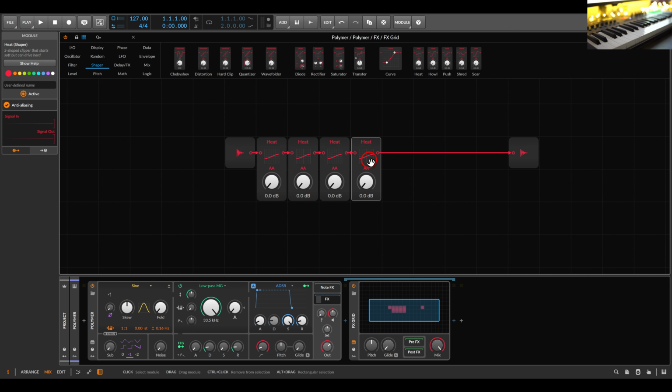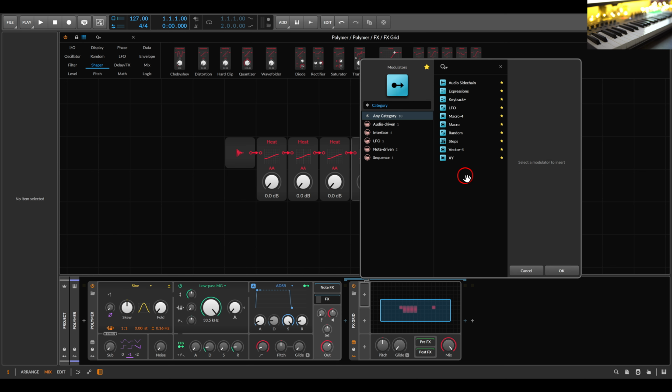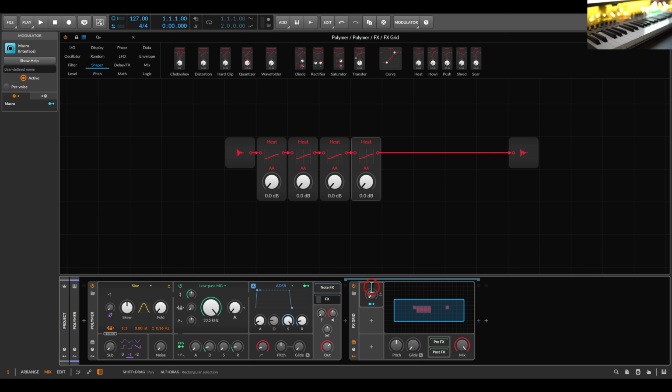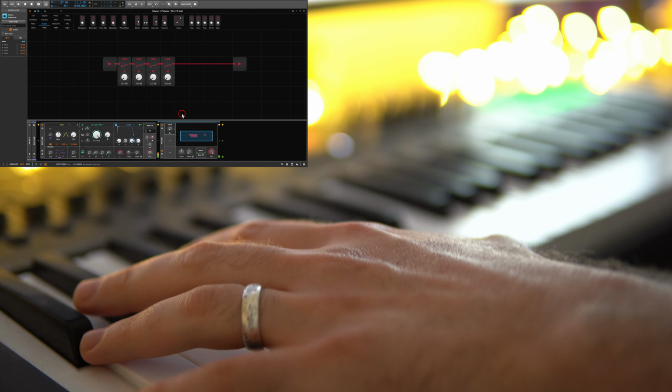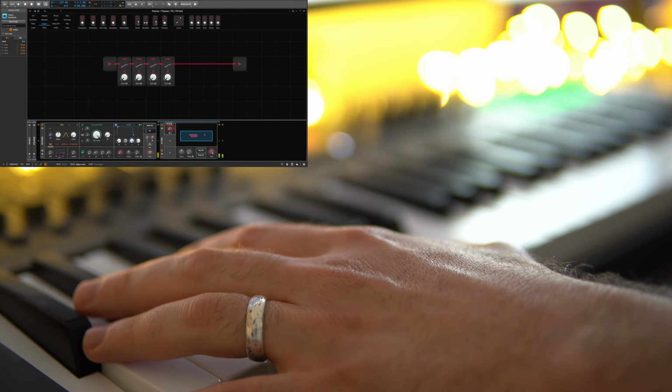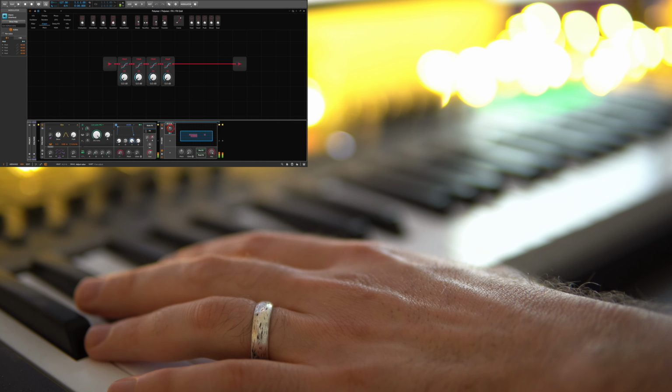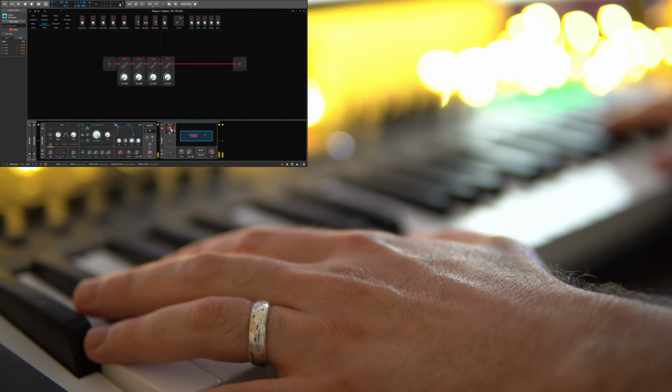Just like this. Then I will create here in the effects grid a macro control and I will map the drive of hit of all of them together. So I have one control to control them. This I will name hit. So now I can basically, now it's not so loud, but I can add